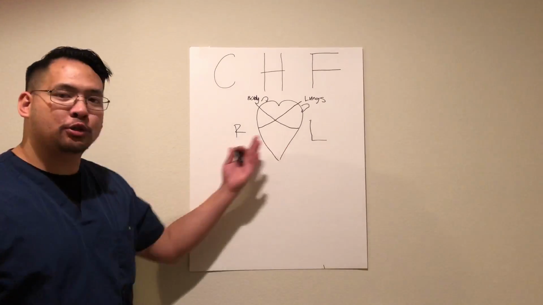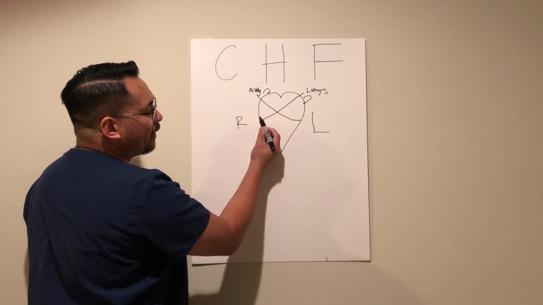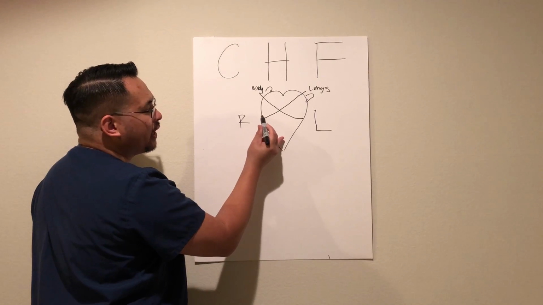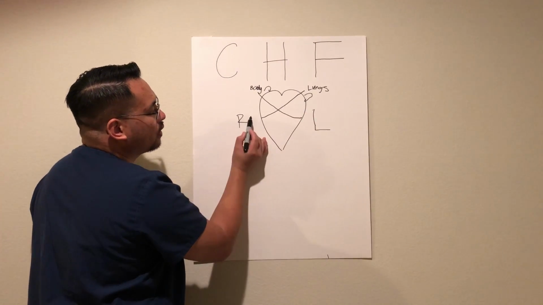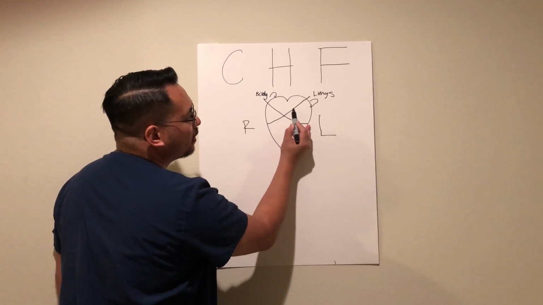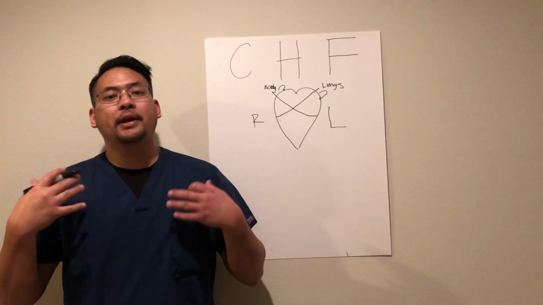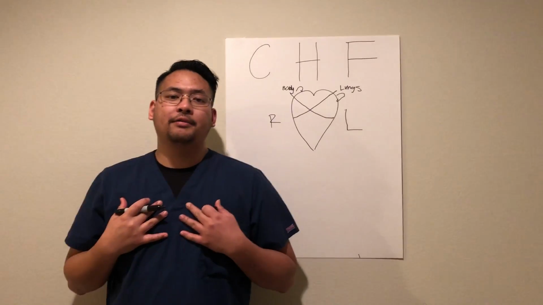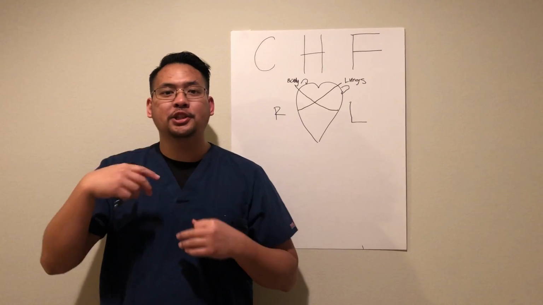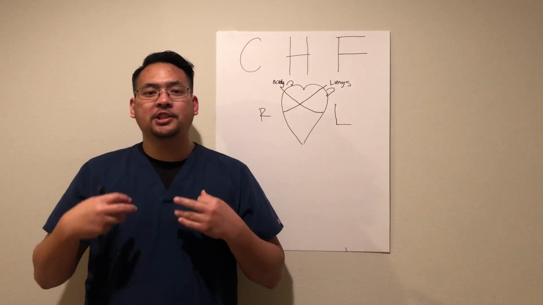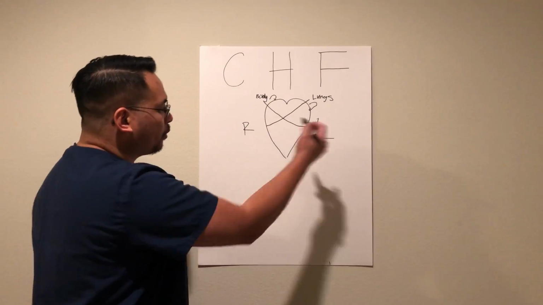On the opposite spectrum, right-sided heart failure has deoxygenated blood, which needs to be pumped to the lungs. What happens is not enough blood gets to the lungs for oxygen exchange. So you'll get patients or people that have shortness of breath. They need oxygen because they need to exchange the deoxygenated blood with oxygen. Okay? The other side, or the preload,